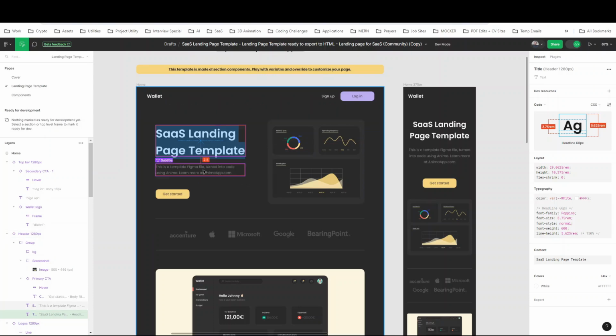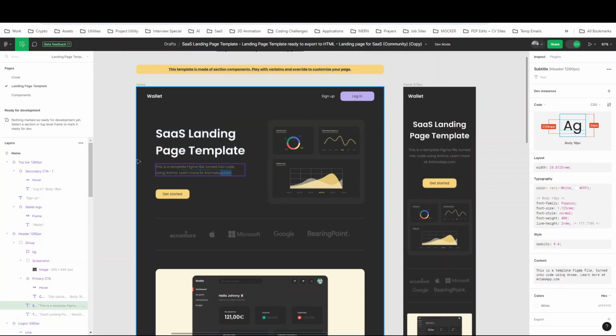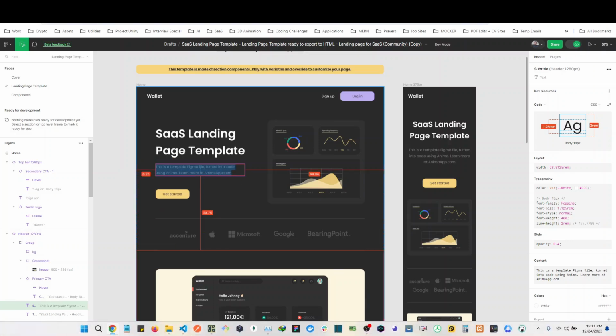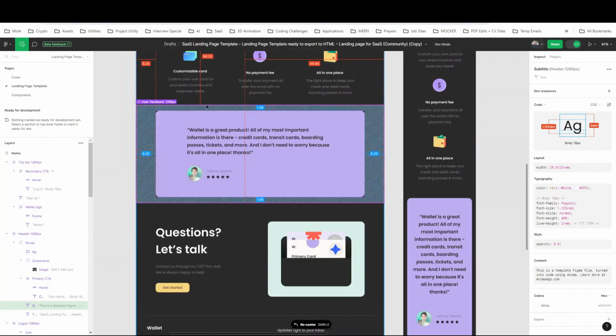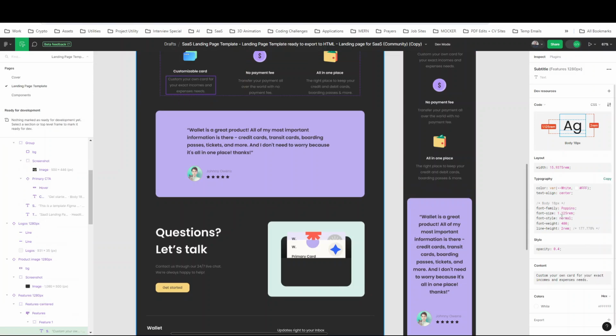Fantastic. So let's go straight to the other design. This is actually a grayish color. So what we're going to do is, I asked it, font size of 1.125. It's very common, right? So if it's something very common, yeah, we can just put it as our font size. So we just copy this,